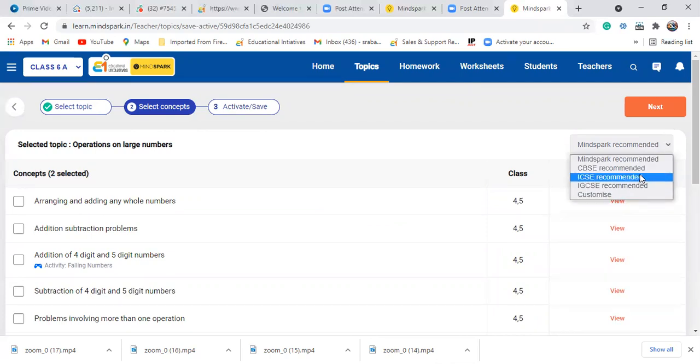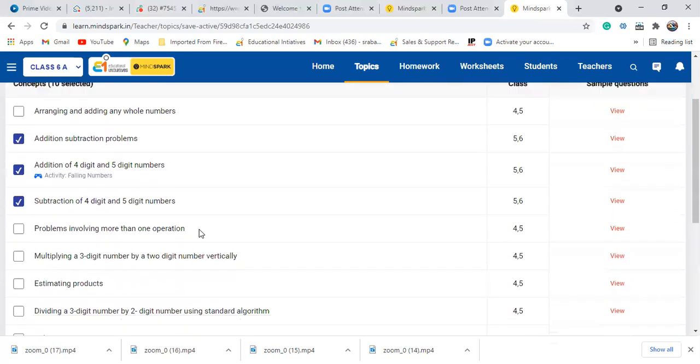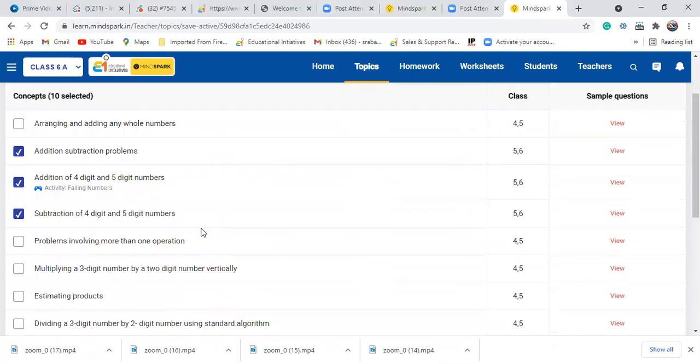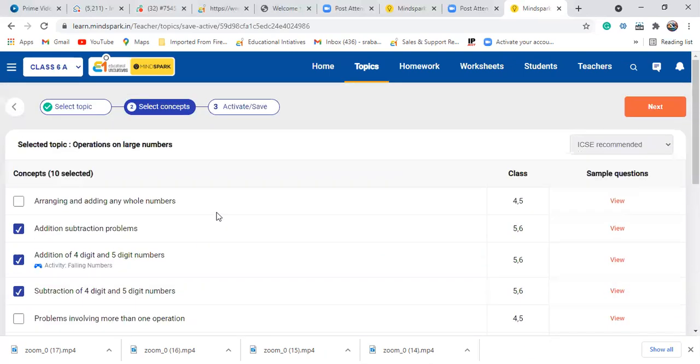So you can choose your board, ICSE board, or you can customize also. If you choose a particular board, for example ICSE, only those learning units will be highlighted which are appropriate according to the ICSE board for grade 6, because here I am taking grade 6.